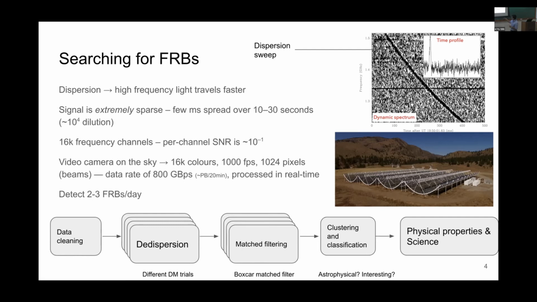And the data rate coming out is about 800 gigabytes per second. That's about 1 petabyte every 20 minutes. Clearly, you can't store this data, so we have to process all of this in real time. And all of that is done in these shipping containers where we have a few hundred computers sitting in there with GPUs and CPUs. And you do all of this and you barely detect 2 to 3 FRBs per day,